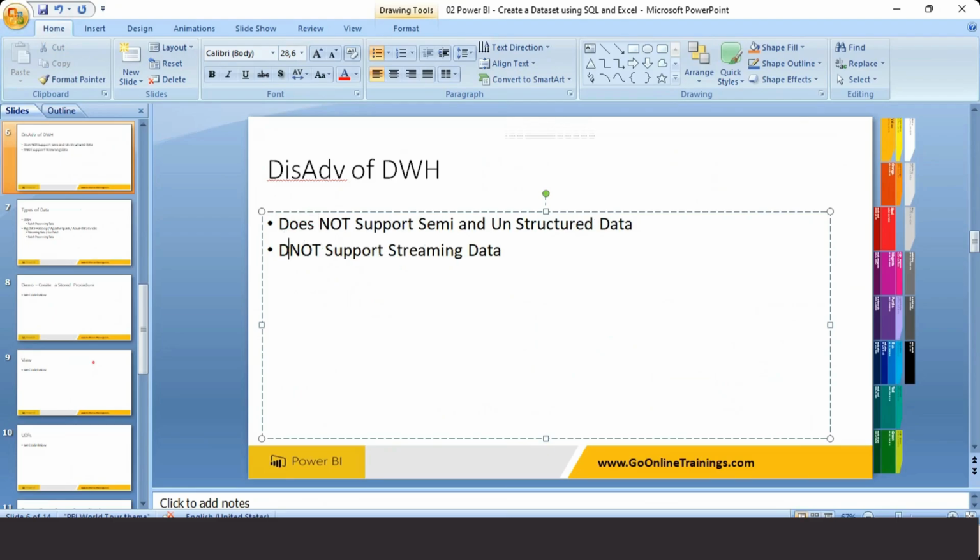And it supports up to terabytes of data. Data warehousing supports up to terabytes of data. So that is the point. When you have a petabyte or a zettabyte of data, you will not be able to store it. It does not support big data. You have to know all these things. These are the disadvantages. Big data means